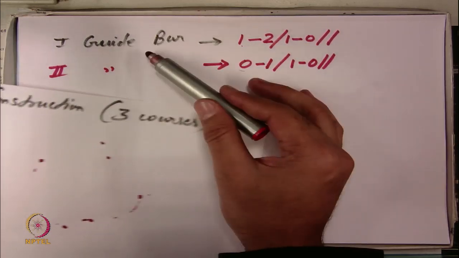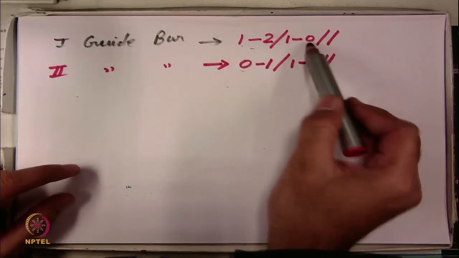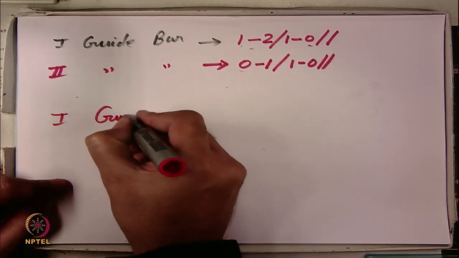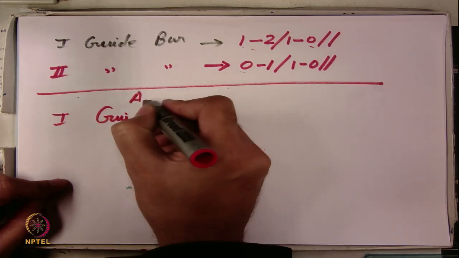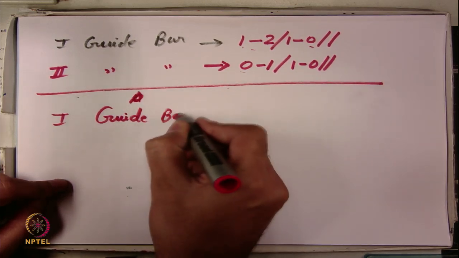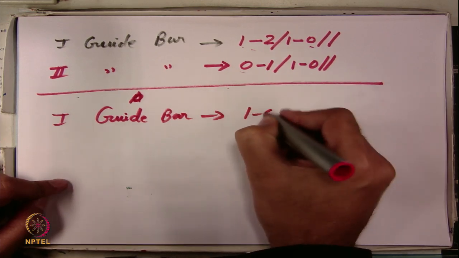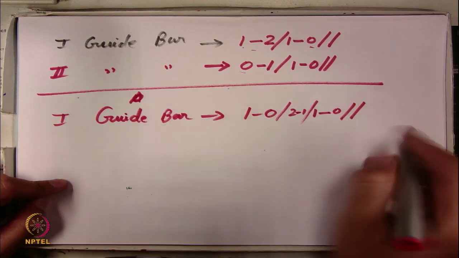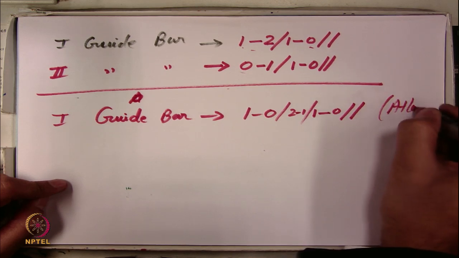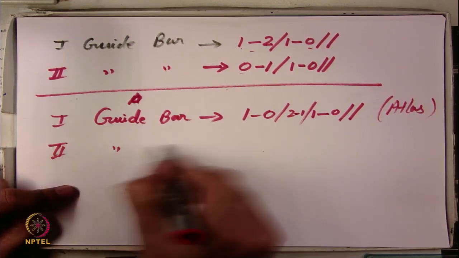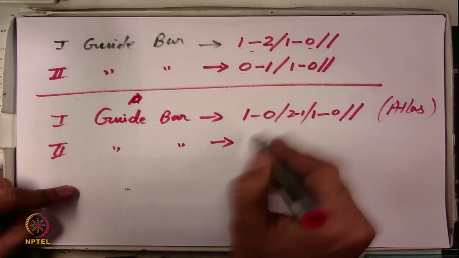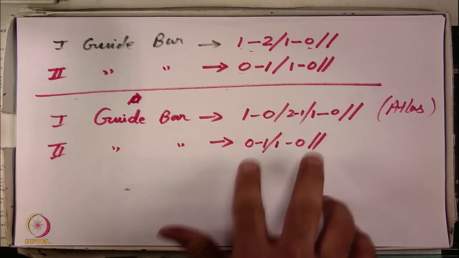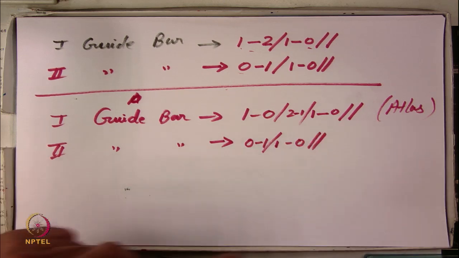So, for example, here the first guide bar is repeating in 2 courses, here also in 2 courses. For example, when you are making a second fabric with the first guide bar which is repeating in 3 courses. For example, 1 0 2 1 1 0, this is your atlas, and the second guide bar is, let us suppose, making pillar 0 1 1 0. Okay. So, this is repeating in 2 courses, this is repeating in 3 courses, and if it has to be